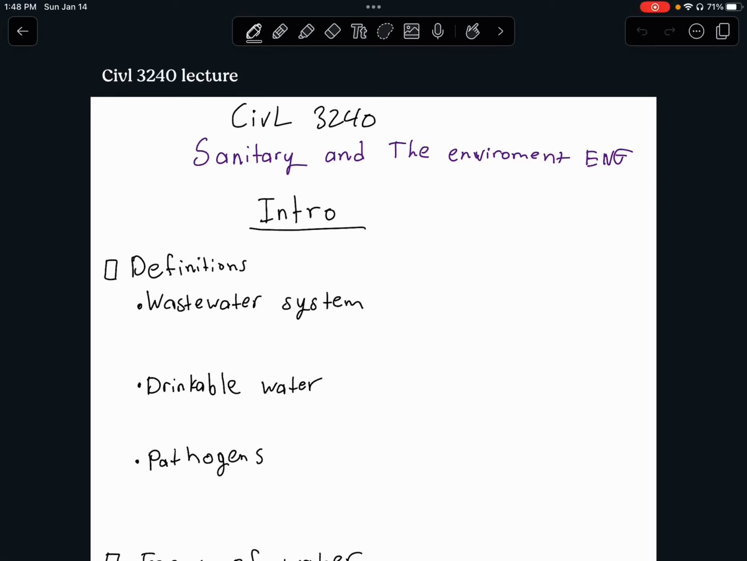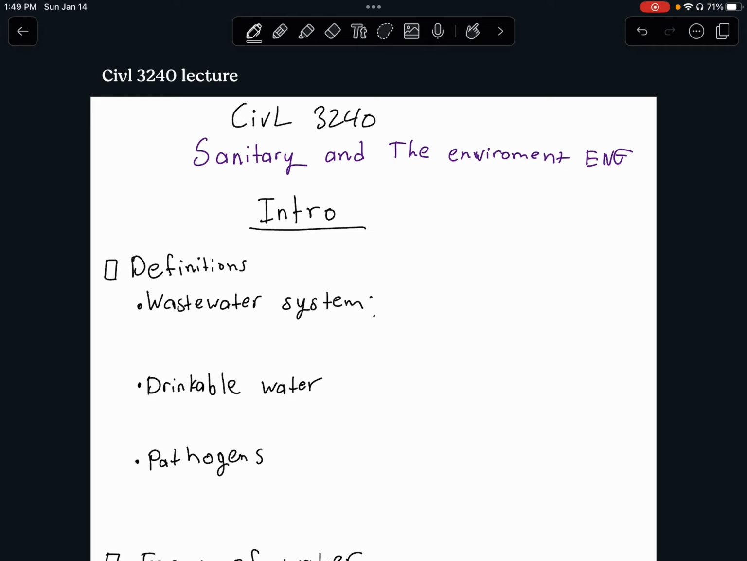Okay, so today we're going to be going over some introduction into sanitary and environmental engineering. As we go into it, we're going to start off with some definitions. We're going to define three definitions: wastewater system, drinkable water, and pathogens. All right. So as we define these, wastewater system